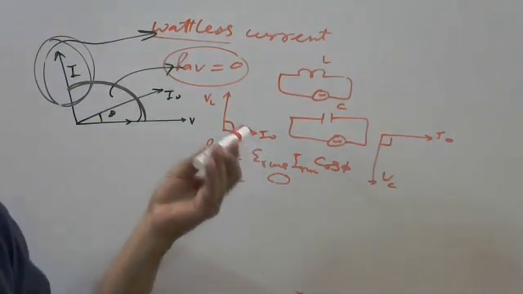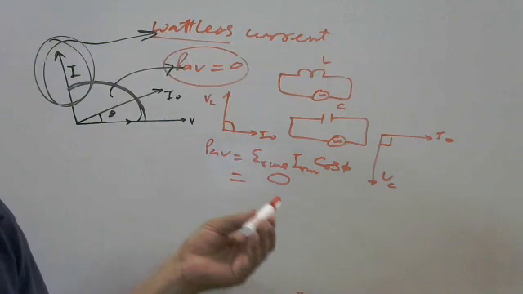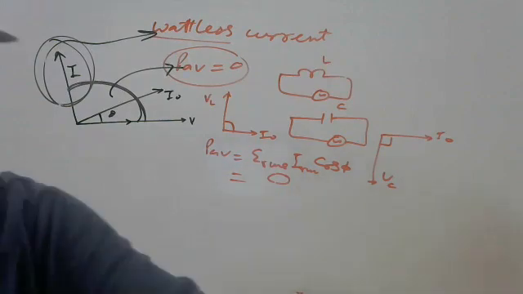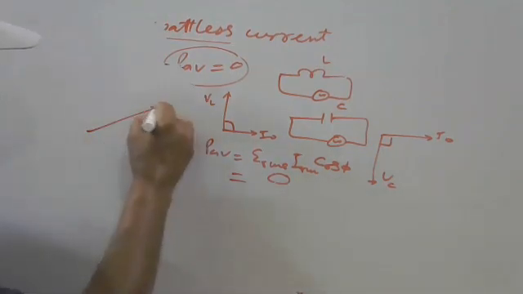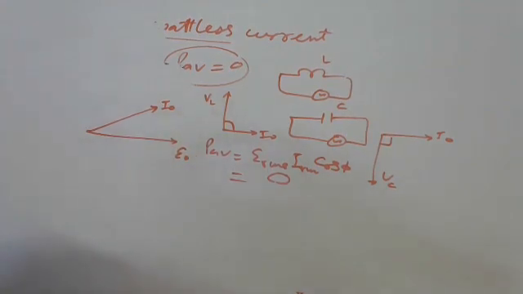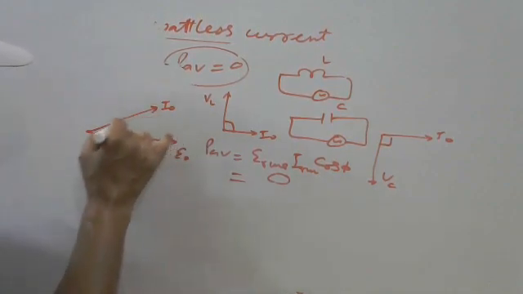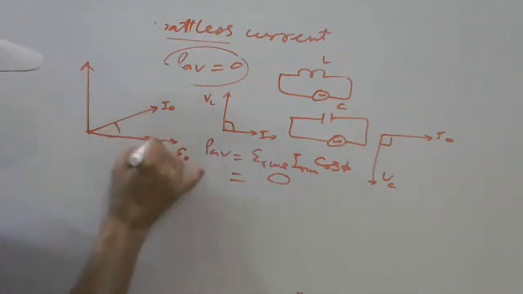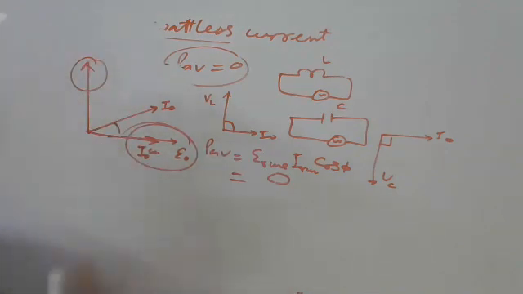It is true in case of pure inductance, it is true in case of pure capacitance, it is true for any RLC circuit. Got this point? I'm taking the phasor diagram here. Suppose this is the case here, I naught, and this is E naught here. You can resolve in this direction and perpendicular to this. You can resolve this here and here. So this particular current will give you power, and this particular current will not give you any power. So it is called wattless current and powerless current.